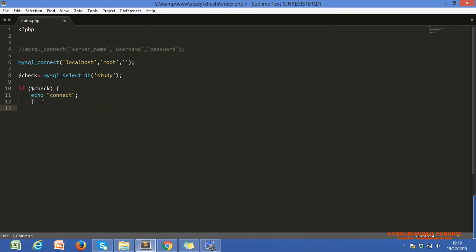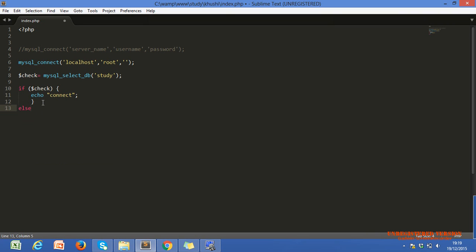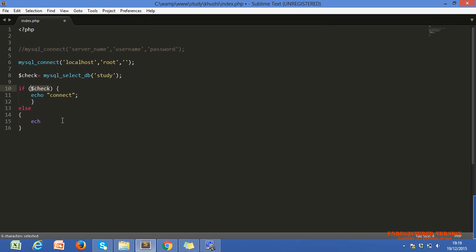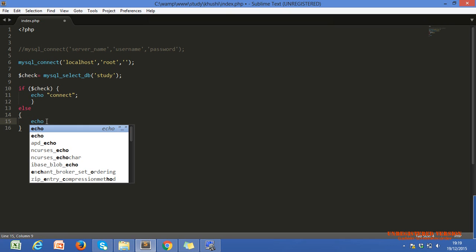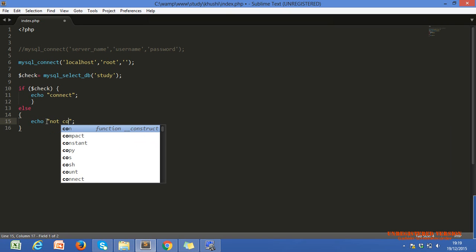Any message you can give. In the else part, meaning when the variable check is false, if it is false then it will execute the else part, I echo not connected.